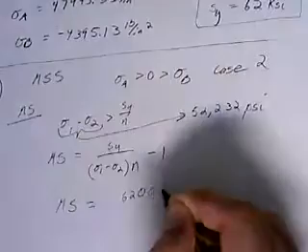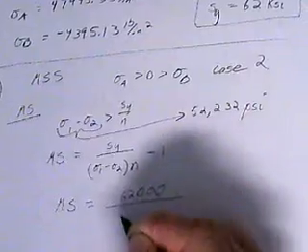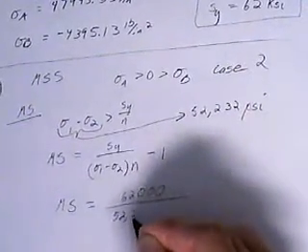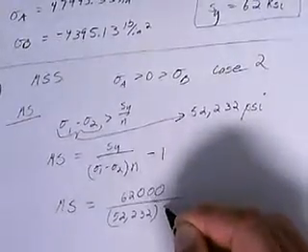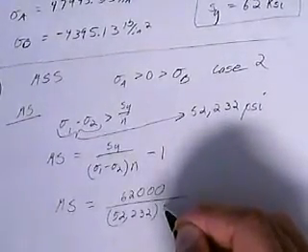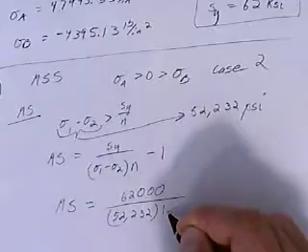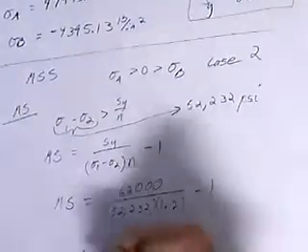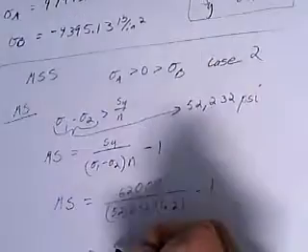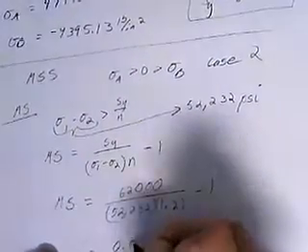I'm just going to turn this into 1,000 because that's what we're working with. And then 52 over 232 times n, and the factor of safety we were given at the beginning of the problem is 1.2 minus 1. And if you calculate that out, you'll find out that the margin of safety is equal to